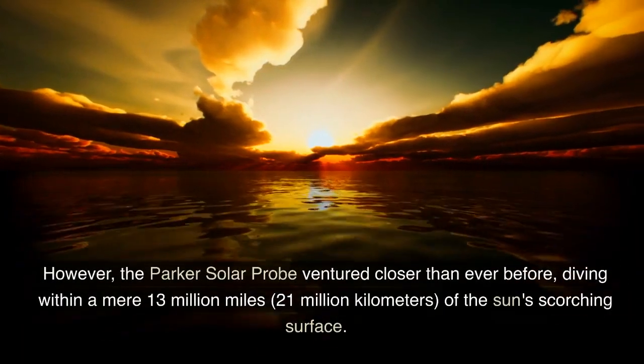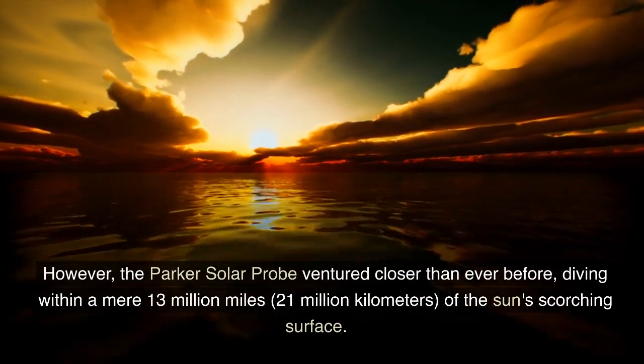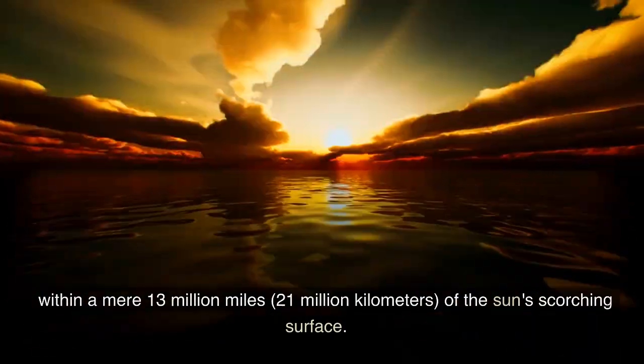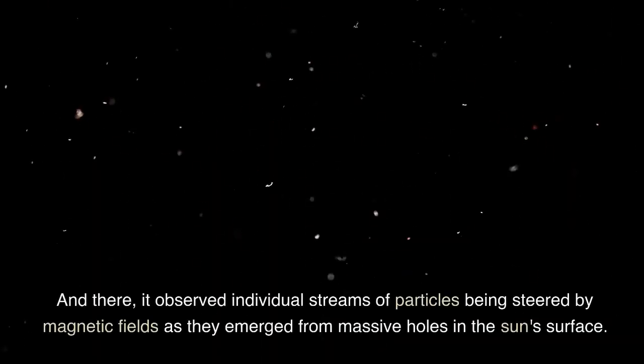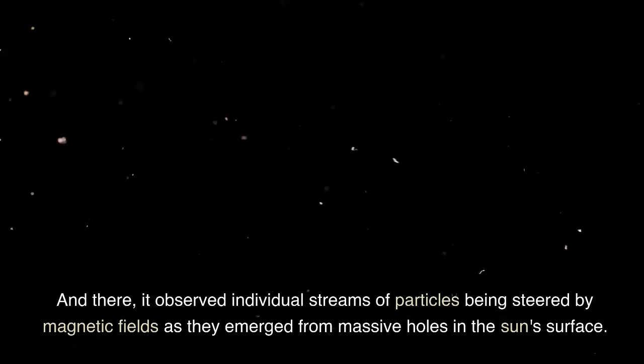However, the Parker Solar Probe ventured closer than ever before, diving within a mere 13 million miles, 21 million kilometers, of the Sun's scorching surface. And there, it observed individual streams of particles being steered by magnetic fields as they emerged from massive holes in